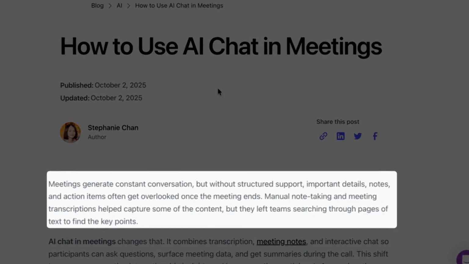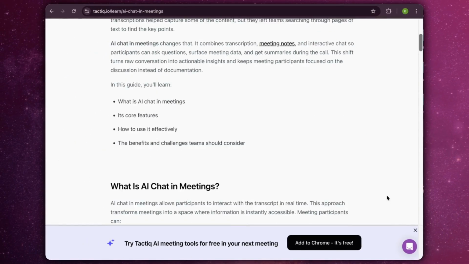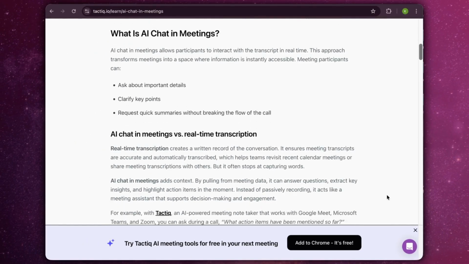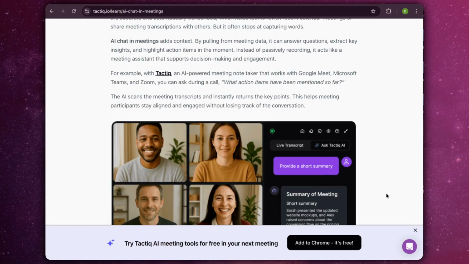Ever leave a meeting feeling like the important details disappeared the moment it ended? Traditional note-taking and transcripts help, but digging through pages of text for key points takes time. AI chat in meetings fixes that, combining live transcription notes and instant summaries so everyone stays focused on the discussion,